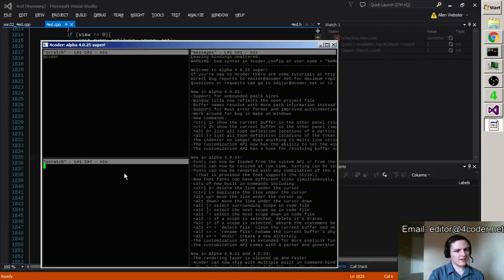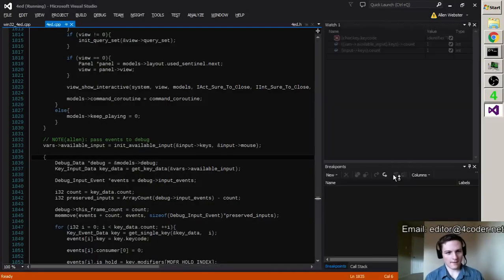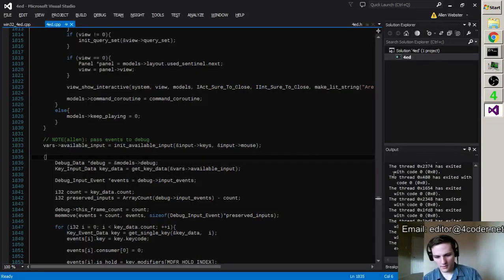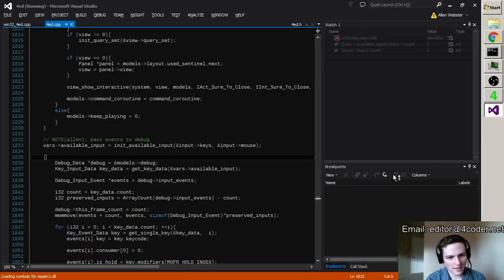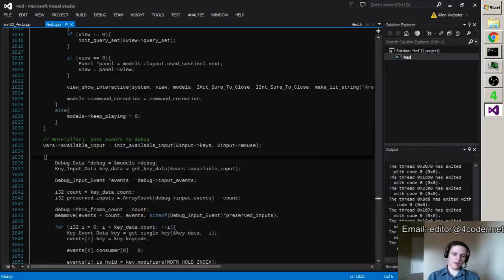Yeah, they both say scratch, but the one on the bottom looks empty. But if you watch, you can just barely see it scrolling to the right because of the smooth scrolling. You can just barely catch it. They should both say the same thing. They're the same buffer. But yeah, it's scrolling over, putting the view exactly on the cursor for some reason. And it's doing it after inserting the characters.